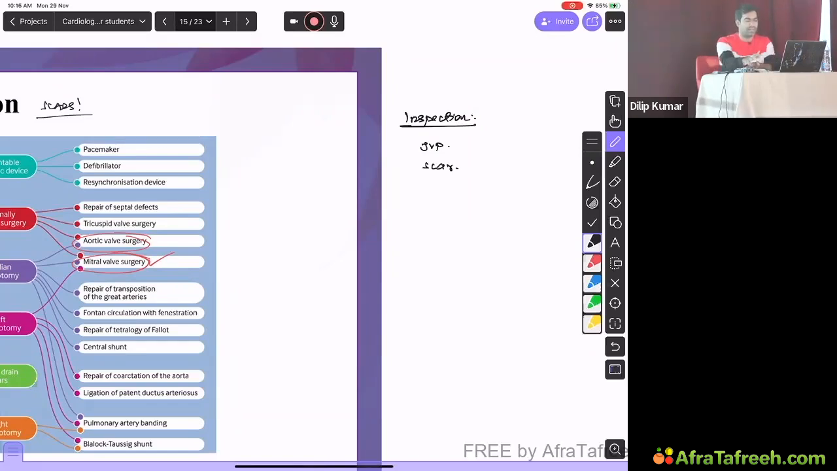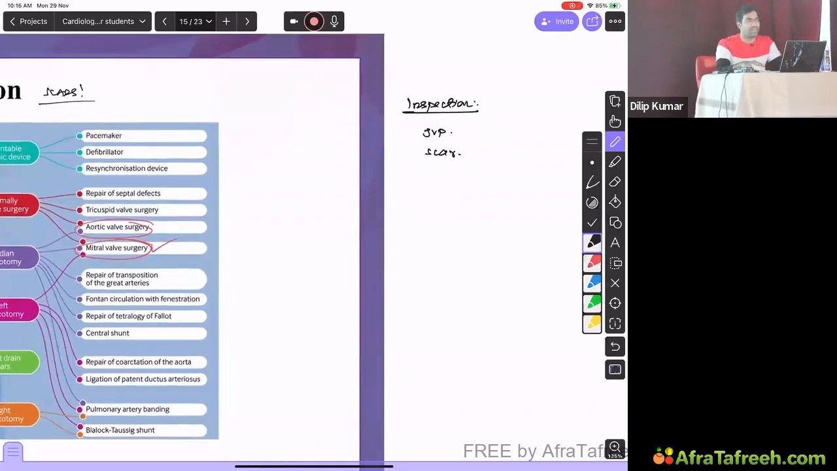Okay, then what else? Tracheal position. Okay, fine. That's okay, but tracheal position is more important for respiratory issues. But you can say tracheal position, not a problem. Then